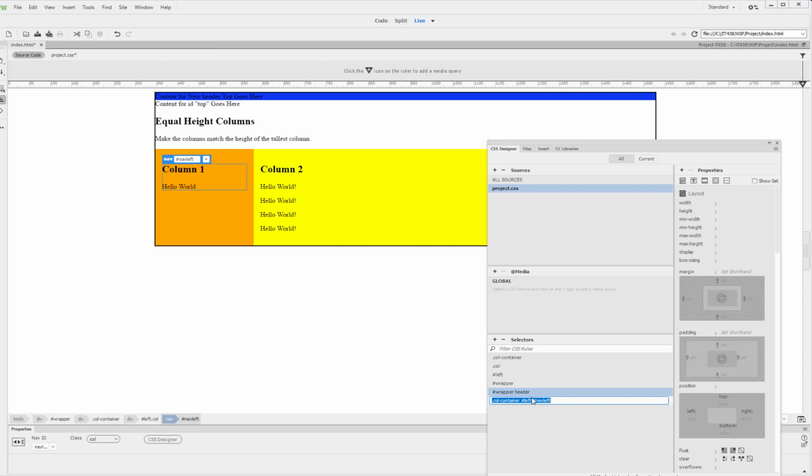We could put a nav in there, but there's nothing here that's going to override it. So we can just make this nav left if you want, or you can leave all this alone. It's totally up to you, or you could do nav and space left. What this means is I only want to work on something that has an ID of nav left that's contained within a nav. So let's make the background color here white,